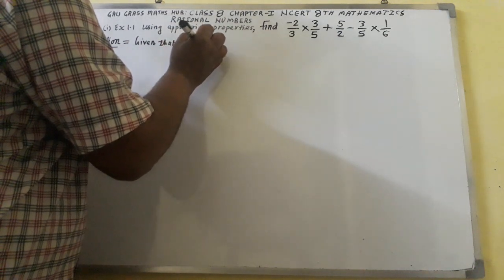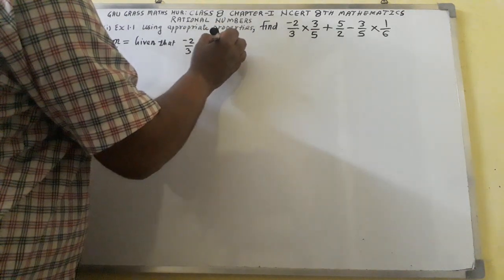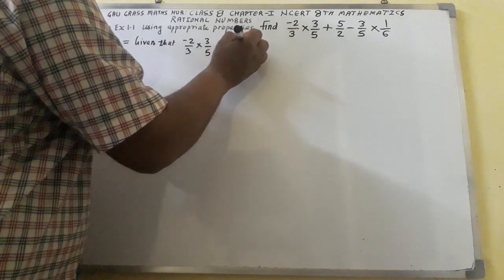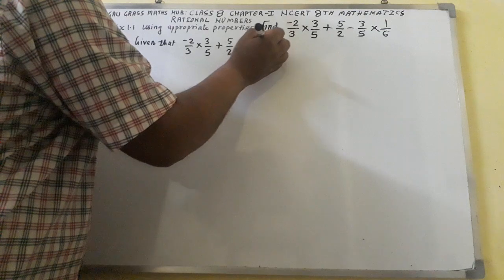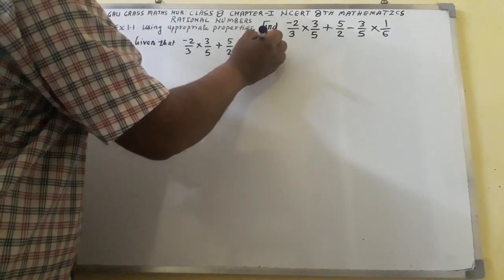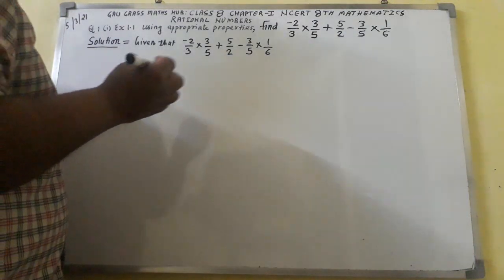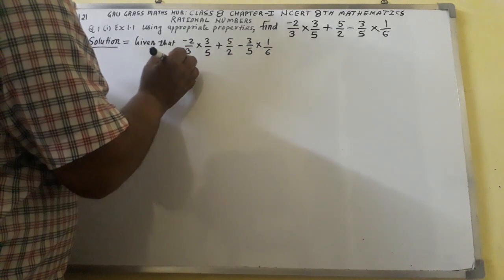-2/3 multiplied to 3/5 plus 5/2 minus 3/5 multiplied to 1/6 equal to,